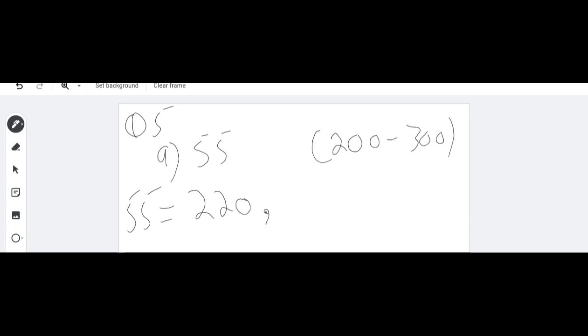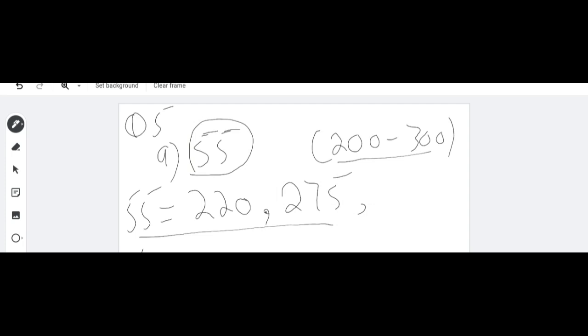So 55 with 5 is 275. If I just multiply 55 with 6, then the answer will be 330. Can I write 330 here? No, ma'am. Okay, very good. Just like this, we just have to write the table of that given number. We just have to multiply that number by 1, 2 and 3 till we get this range. Okay, so you have to write this part. Then we have to move to the next number, which is 63. Done?